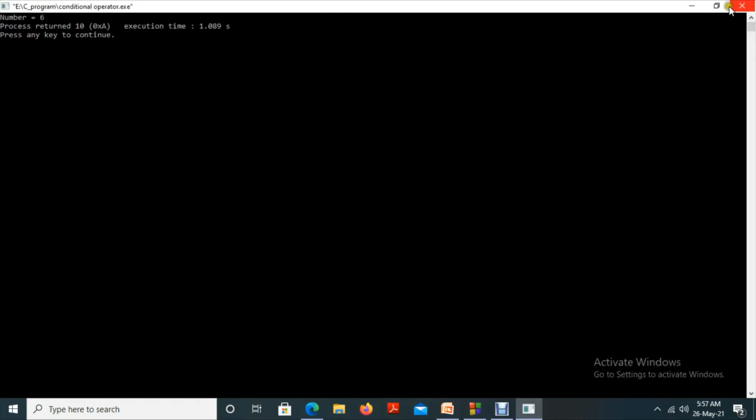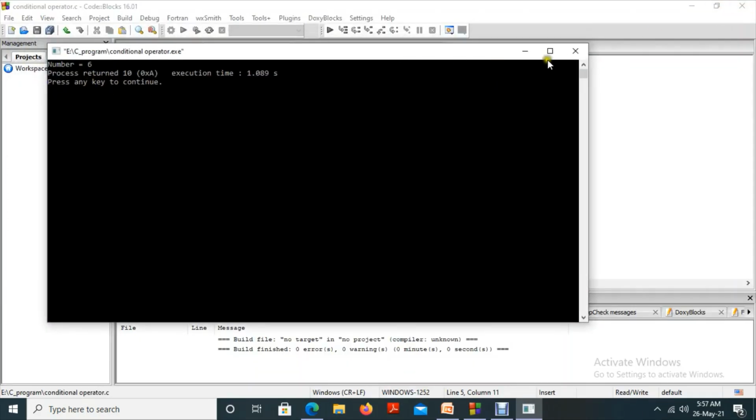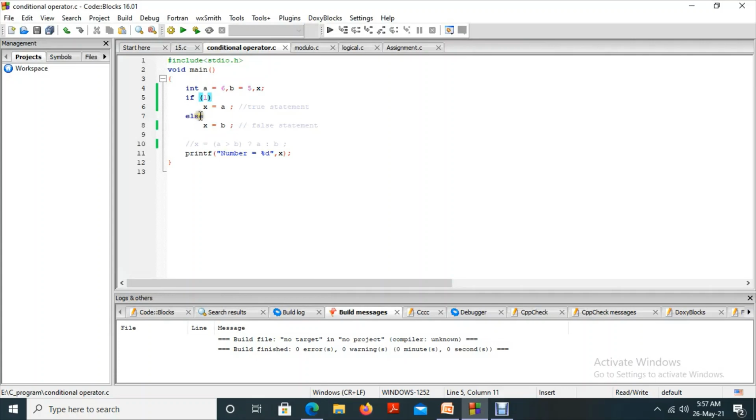Listen, I am not verifying whether the number is 6. I am not verifying any condition here. Very importantly, instead of that, I am deliberately saying that this condition is true. How can I say that? By giving the value 1. So what is the meaning of that? We are reducing the steps of the compiler.